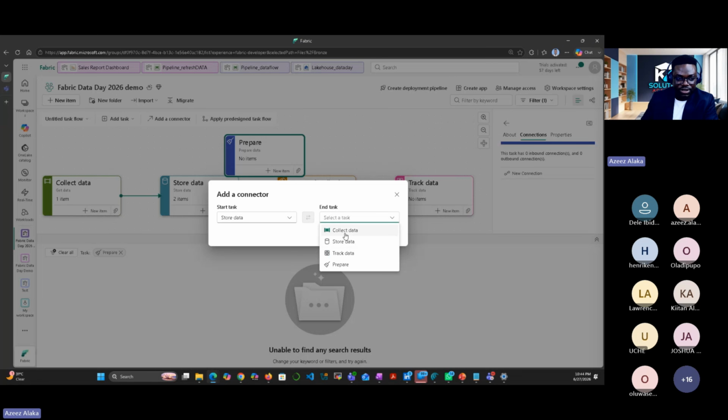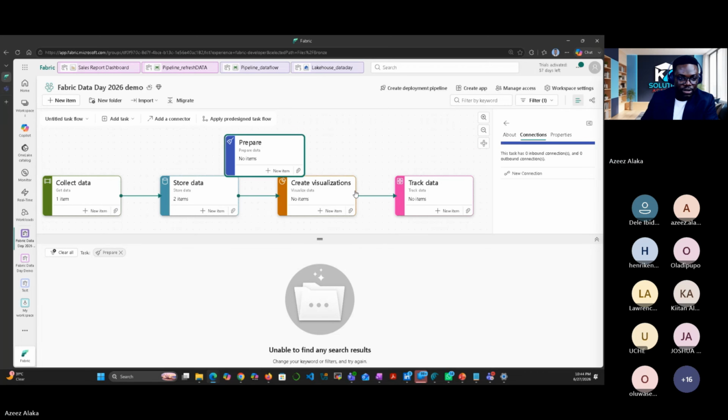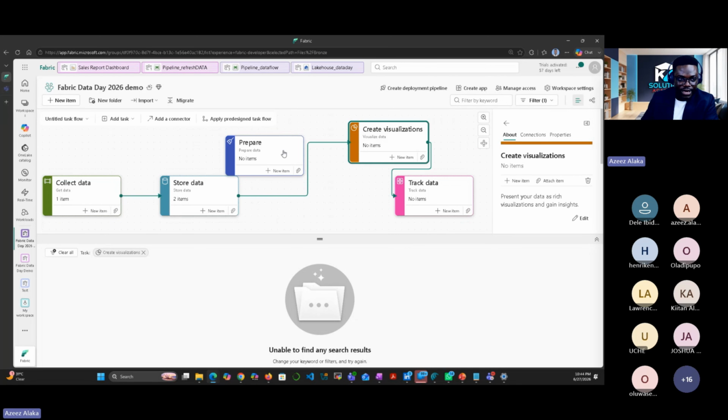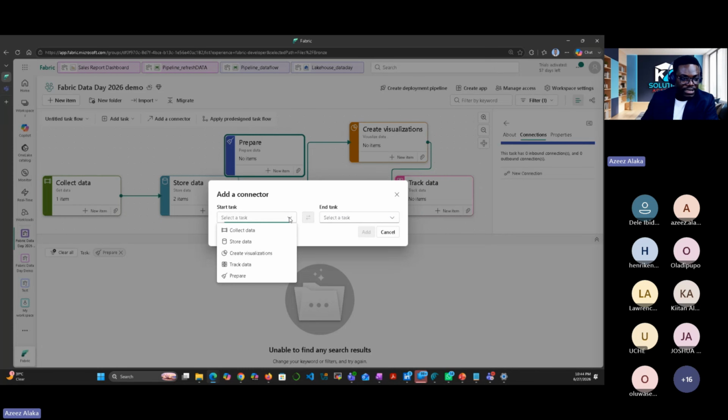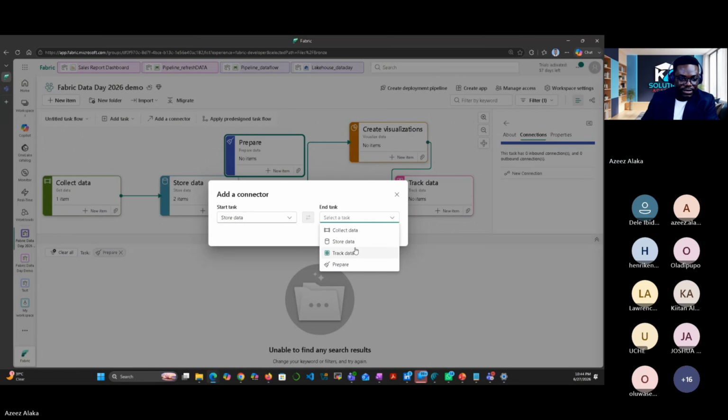Why is it not showing? The end should be visualization from here. So new connection. Start, yeah, I think it's here now. Start is from store data, and the end is visualization. I thought I saw visualization the other time.